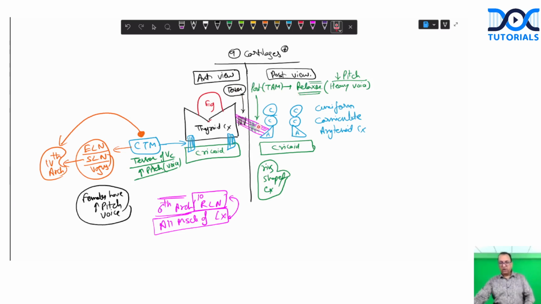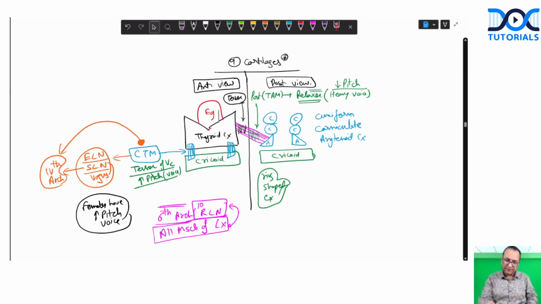Okay. Now, this thyroid muscle has a medialmost part which is along the vocal cords. It is called vocalis. What is vocalis? The middlemost part of the muscle, which is running along the vocal cord, is called vocalis. So I'll mention here, what is vocalis? Vocalis is the medialmost